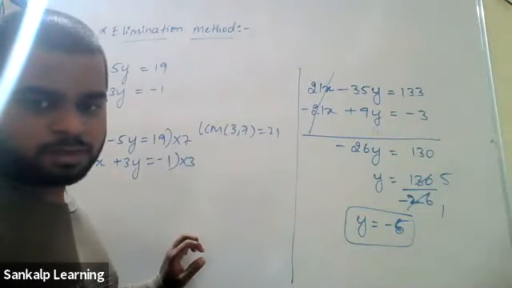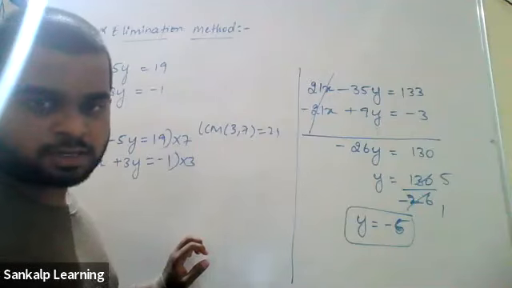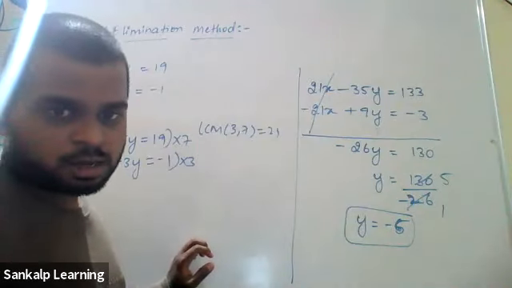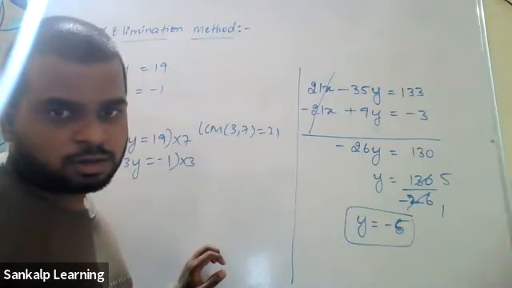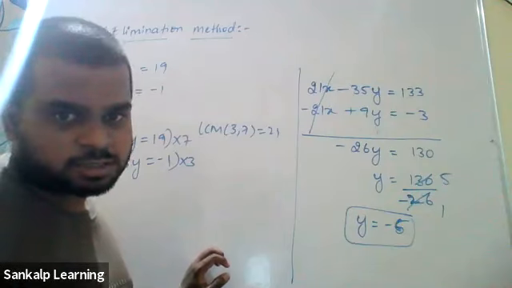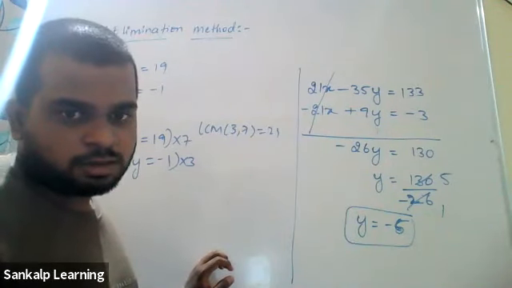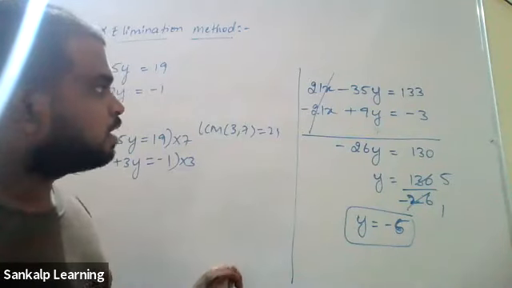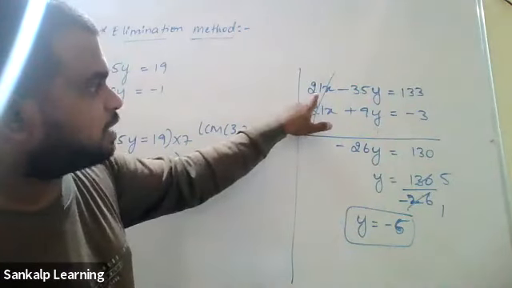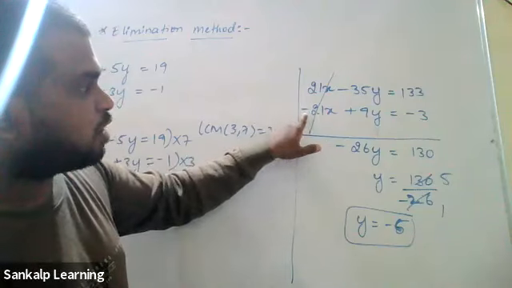Very good, very good. Certain people have got the correct answers. Excellent. Isha has got it correct. x is minus 2. Good. y is minus 5. Excellent. Madhura has got it correct. Vishwas has got it correct. Excellent, very good. I'll repeat it again. Here, this number has a positive sign. This number has a negative sign.